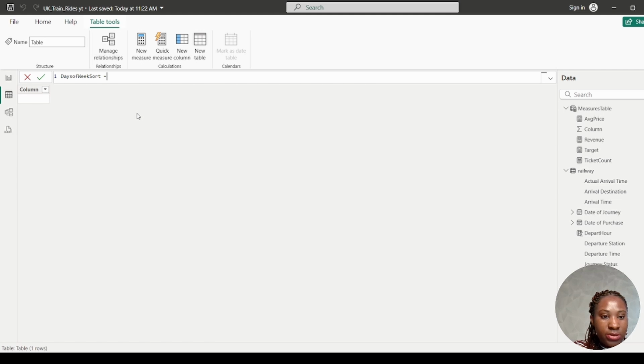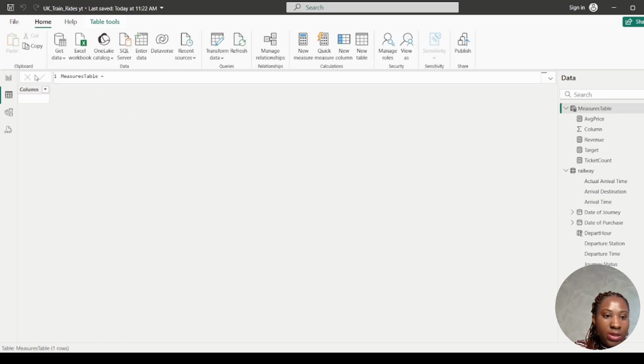Let's just create, or basically what we can do is we can enter the values. So let's just cancel this one out, and then we can do enter data. This is the easiest way to do it, I believe. And then we call this days of week sort,